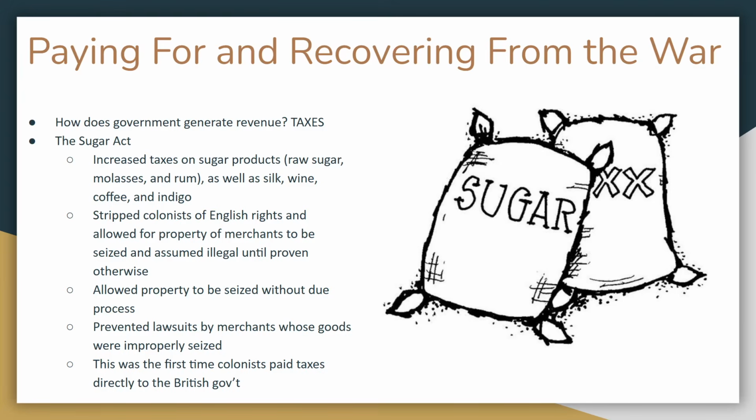So it's a lot of merchant ships being seized for what is sometimes legitimate reasons, untaxed smuggled goods. But a lot of times, honestly, it was an abuse of power because they were easy targets. There was no innocent until proven guilty. There was none of that stuff. It was actually the other way around. If your stuff got seized, you had to prove that the taxes were paid and it was a legal product. And until then, it would remain seized.